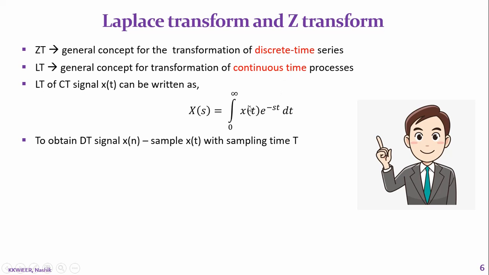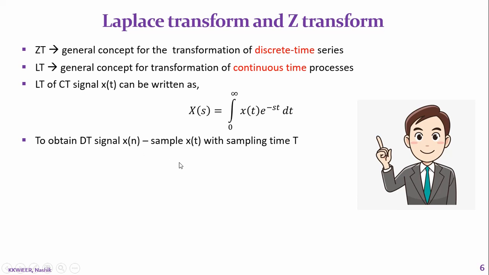As x of t is a continuous signal, you are taking integration of that CT signal. X of t is a continuous signal, x of n will be DT, that is a discrete signal. Whenever x of t is there, you have to integrate it as it is a continuous time signal. Whenever the x of n, the DT signal, will be there, that time you will take a summation as it is